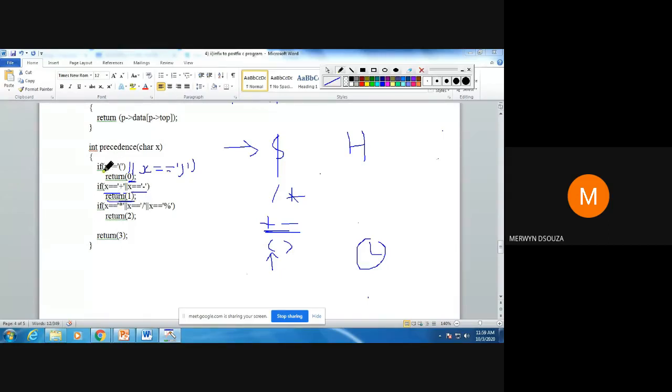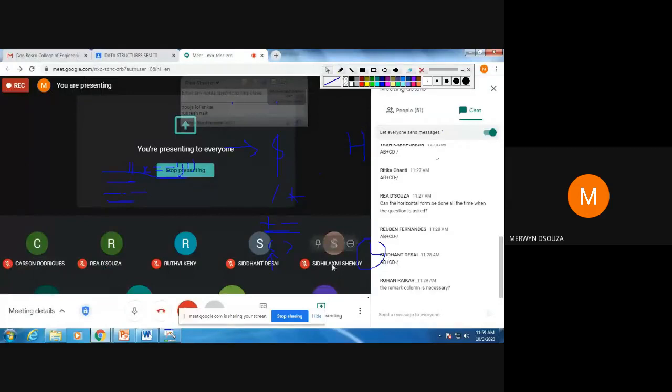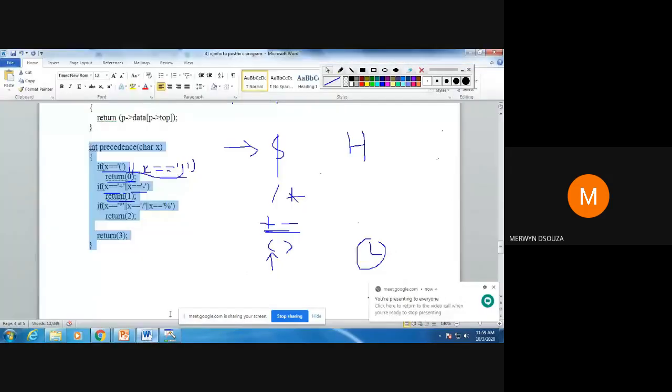So it's the same way. Why am I not doing like that here? Can anyone tell? If X equal to open or X equal to close, return 0. Why have I not written like that? Anyone tell me?